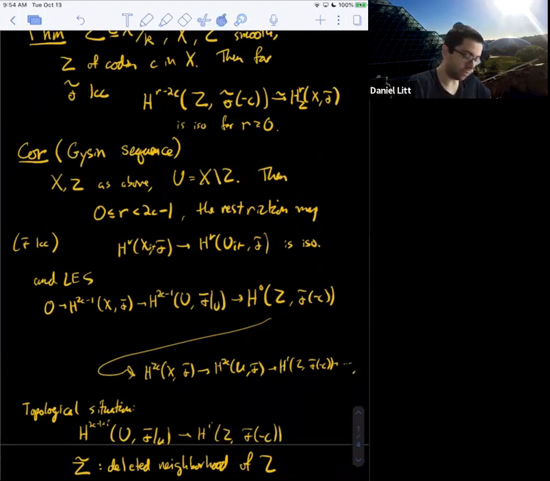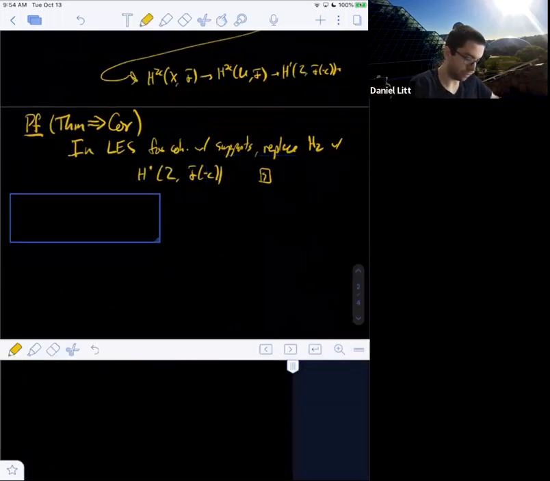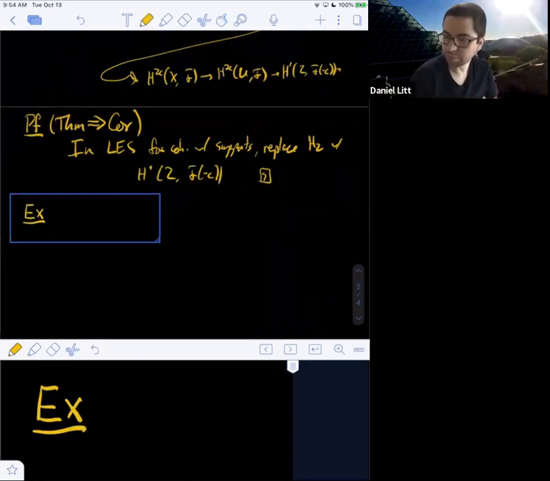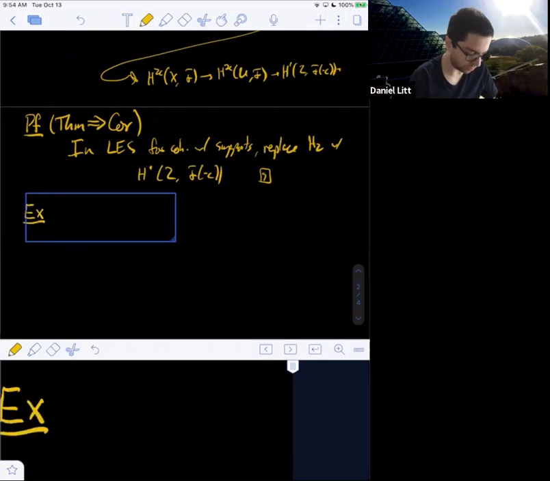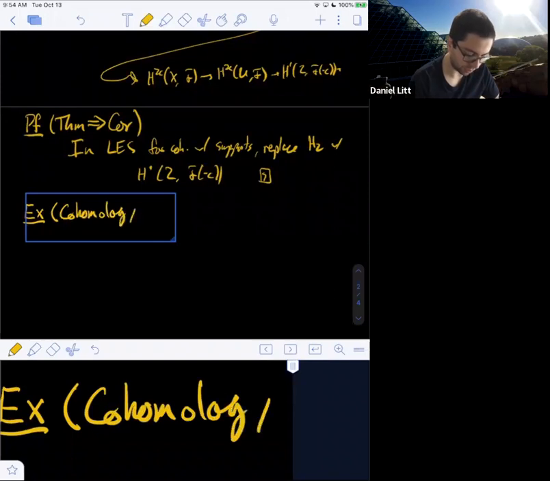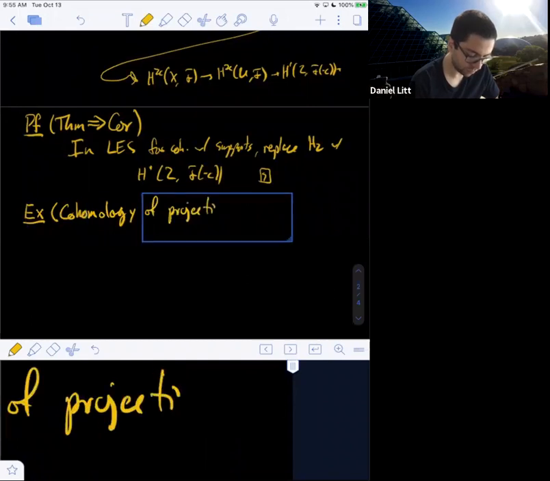All right. So let me do an example now. I'm going to have to owe you something in the example, but not too much. What I want to do is compute the cohomology of projective space using this long Gysin sequence.